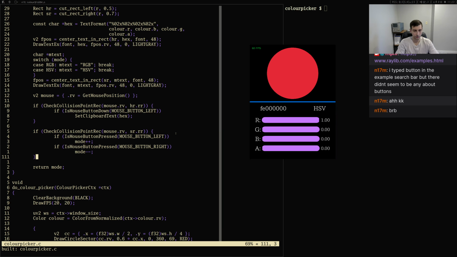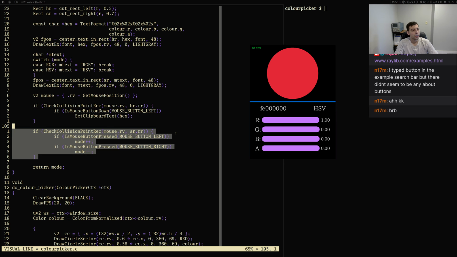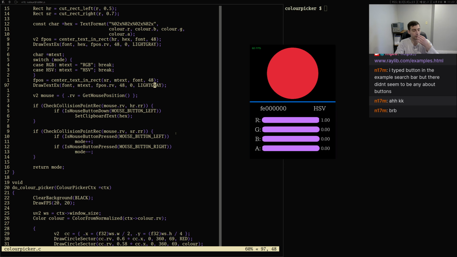State rect mouse RB. Why is that not working? I mean, I kind of want this like before I draw the text, but